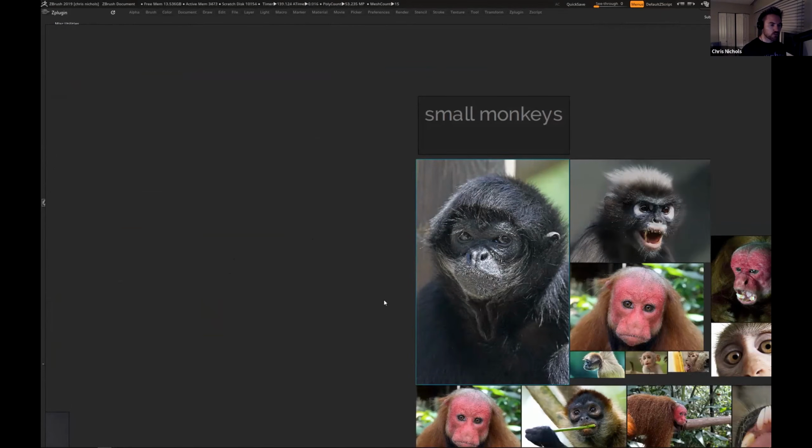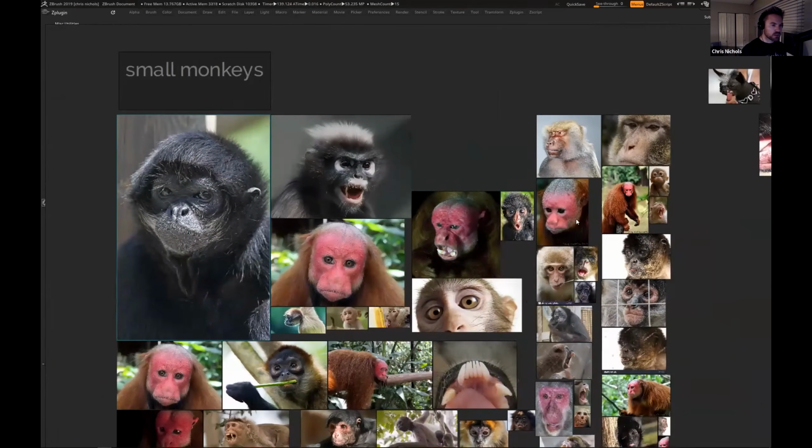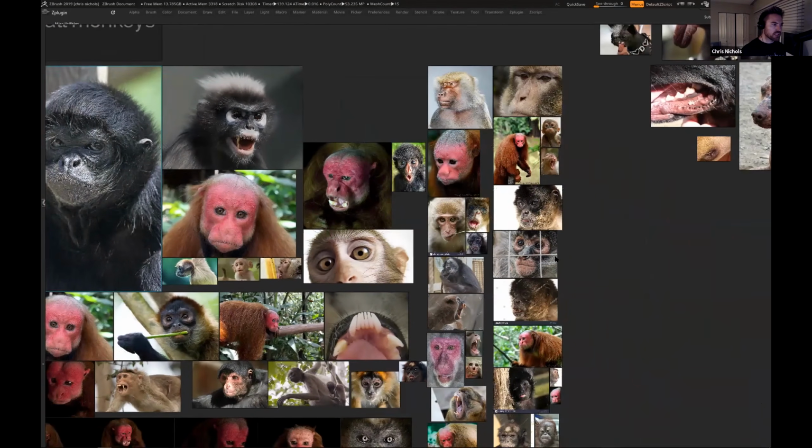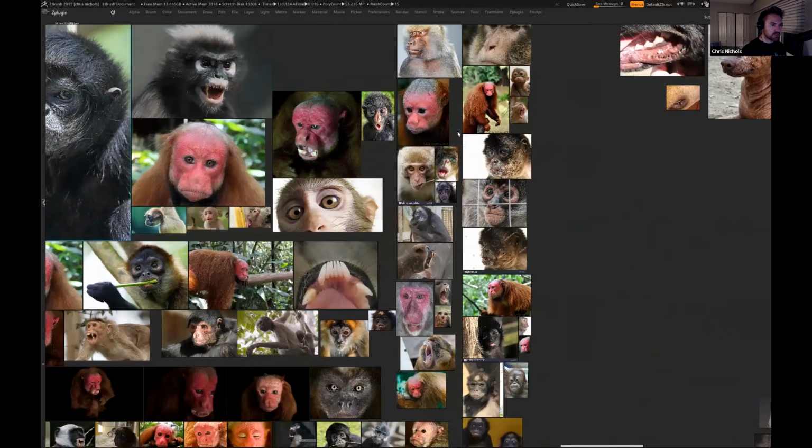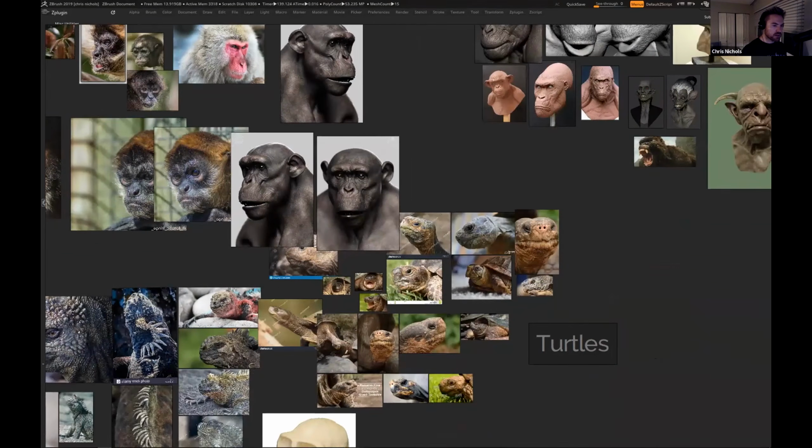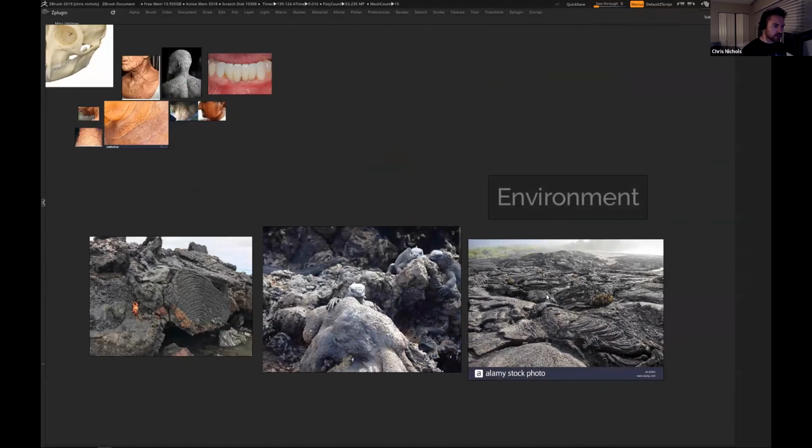And I also wanted to put the creature in an environment that would lend itself well to creating very detailed and interesting textures. So what I was looking at was the Galapagos Islands, because they have this awesome sort of lava flow rock formations. And that is describing what sort of environment this creature could be living in.